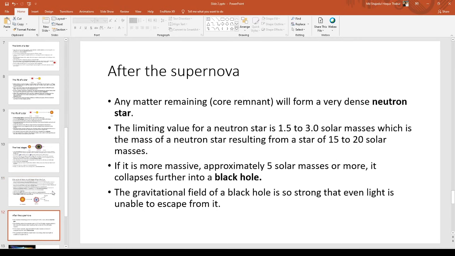Now any matter remaining, the core remnant, will form a very dense neutron star. Okay. Any more questions up to this point? Any more questions? About the core remnant: no, we are saying core remnant and not just core, because